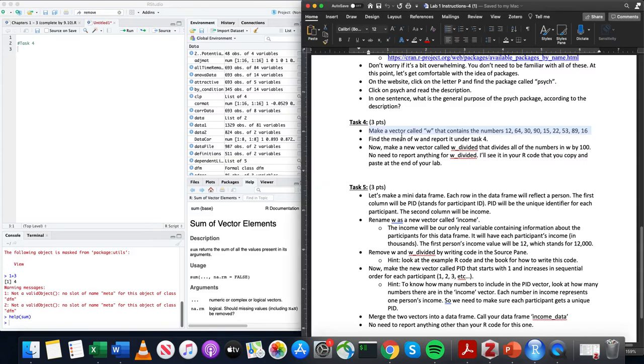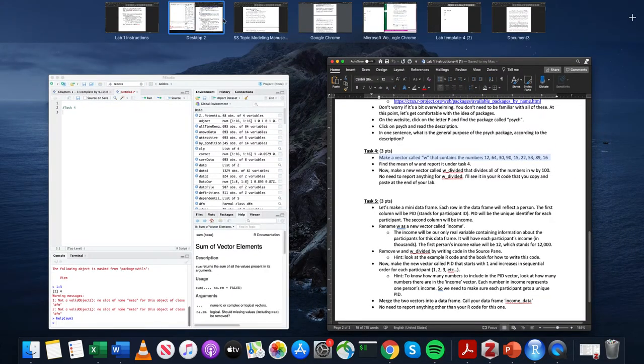So you can look in the example R, the practice R, about how to make a vector. And you're going to make this vector that contains all these numbers. Then you're going to find the mean of this vector W and report it here in your template file or your upload